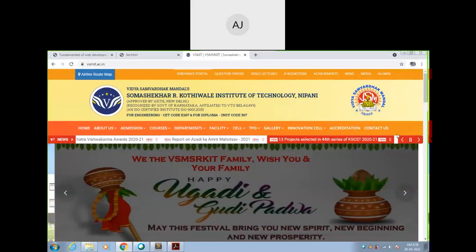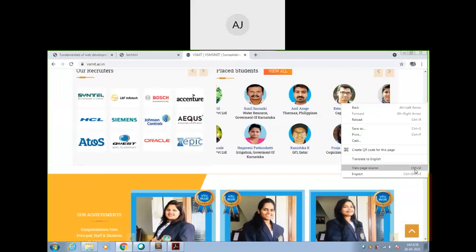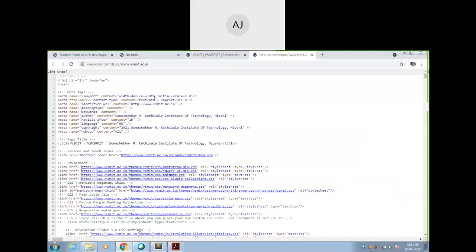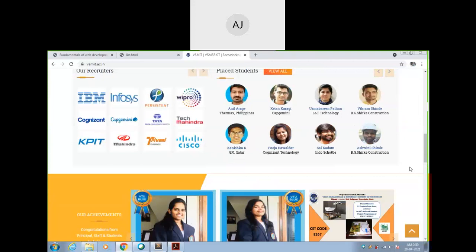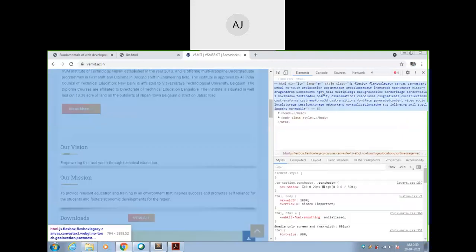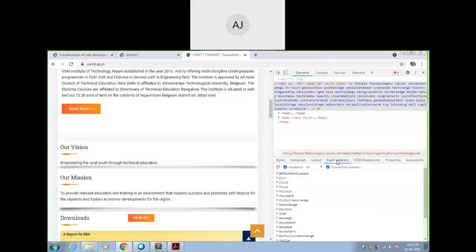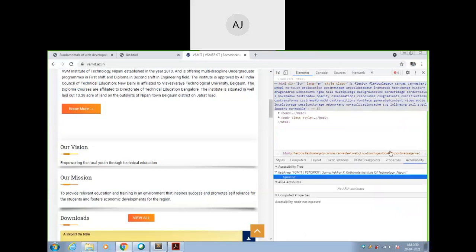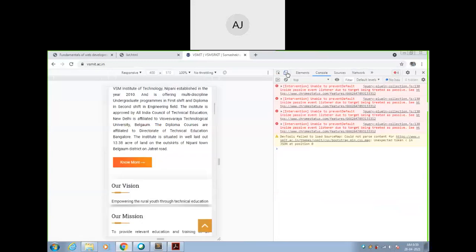So I will just right click here. Then view page source, not page source, I can go for Inspect elements, and then I can see there are some different browsers. Layout, which I can see this output on different devices, see here on mobile.